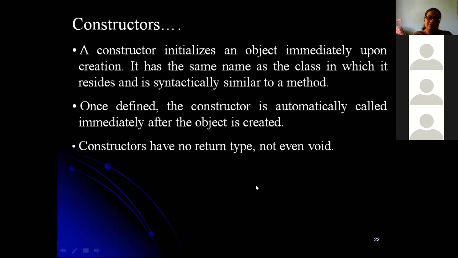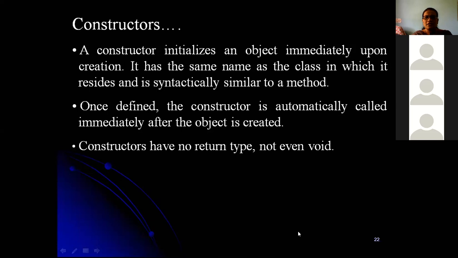Constructors we have seen in the C++ class also. In C++ we have discussed three types of constructor: default, parameterized, and the copy constructor. Before that, constructor indicating what? It initializes the object immediately after the creation. So initializes the object indicating what? In Java, it means the variables which we have in a class all get initialized to 0. If you have an int, it initializes to 0. If you have a double, it initializes to 0.0, floats, like that.